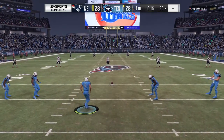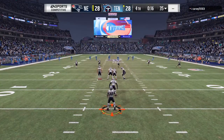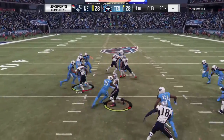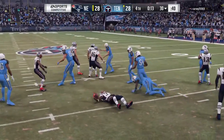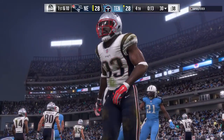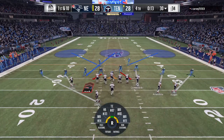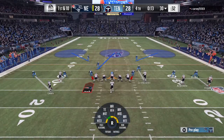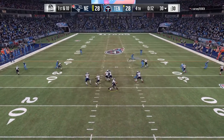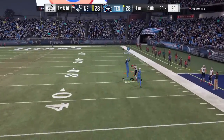So here comes the kickoff now, all even here in this fourth quarter. Now Dion Lewis to return. And a nice return sets him up pretty good here at the 30-yard line. The Patriots offense now, they work their way back onto the field. They have a little bit of time here to get into field goal range, not much. A tie game, you don't want to do anything crazy, right? I agree with you on that one. Risk reward, okay? If you go for it, what is the absolute reward on this? But the risk is probably...